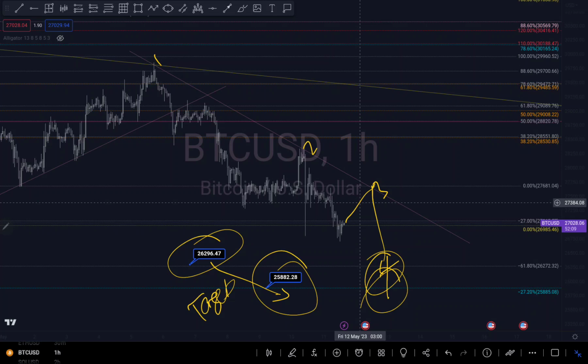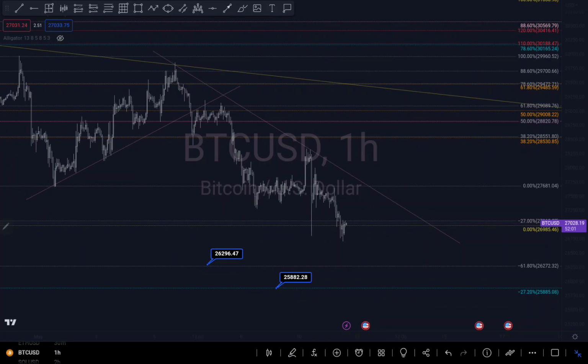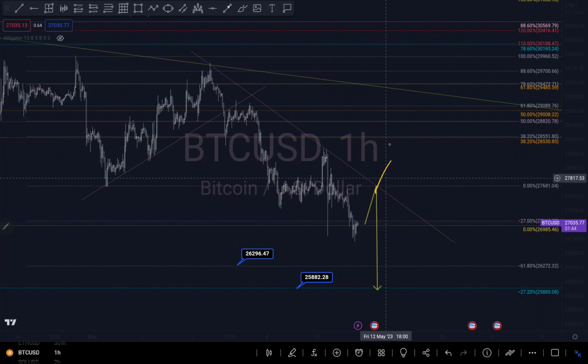So that's just what I'm thinking based on what is happening at this level, because I don't have my point A to point B yet to draw the fib and see my target, but I'm predicting we might come off to that level. I'm just going to put my line from here to my overall target here, so we can see first touch, second touch, and if we break through this trend line and see a possible retest, then we might change our strategy to probably come up to around this target right here, which is my 29%, before we continue to push to the downside.